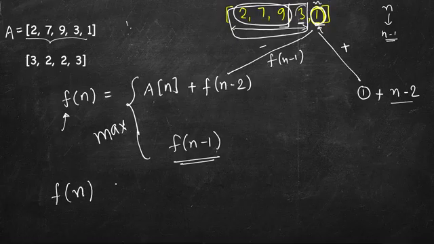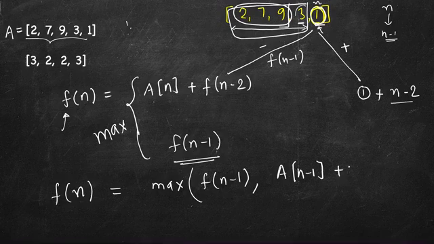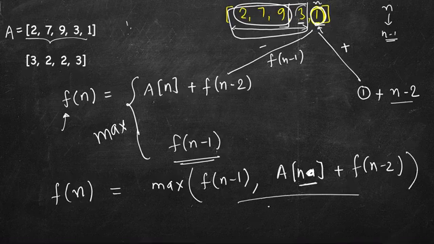So in terms of code, we can write Fn equal to max of Fn minus 1 and An minus 1 plus Fn minus 2. So here I am taking actual index n minus 1, or let's take n only. So it's very simple, and this should work provided we have some base case, that is if there is